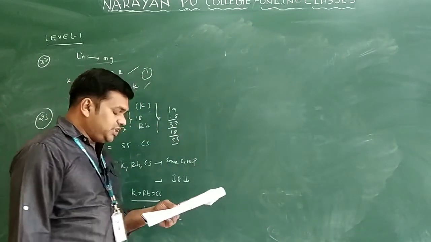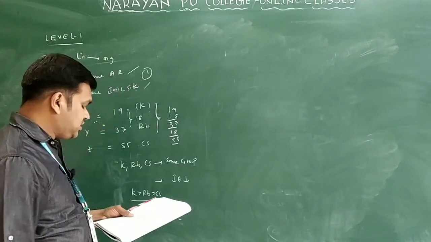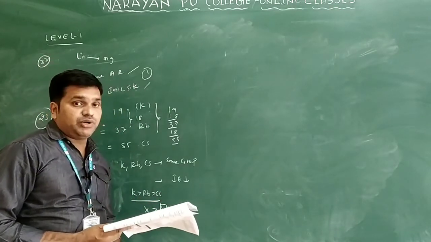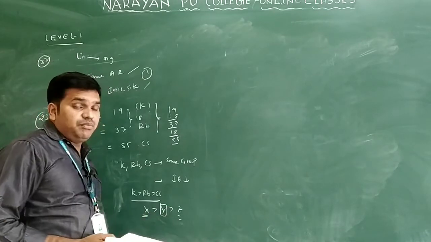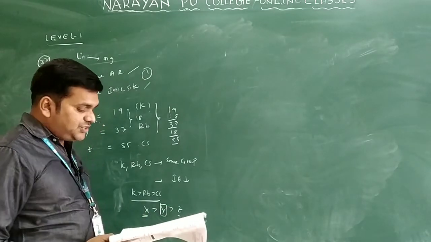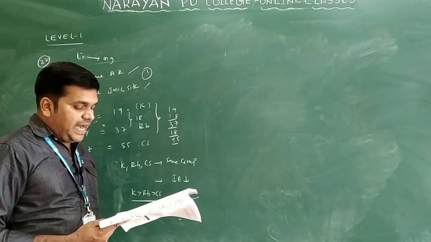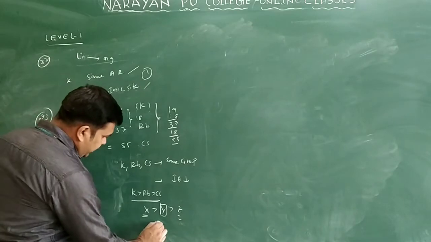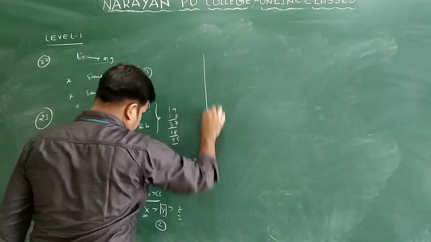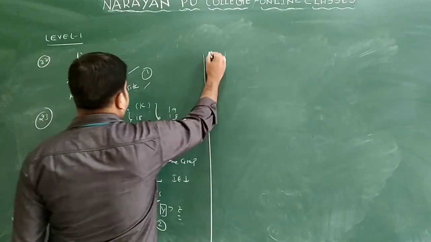And the third option, Z would have the highest ionization potential. Z has the least ionization potential only. Y does not have the highest ionization potential; Y is less when compared to X. So what is your answer? Y would have ionization potential in between X and Z only. So you will take option 2 for this question only.